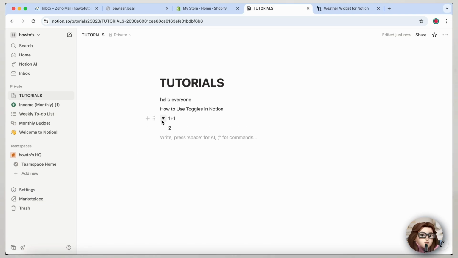You can use toggles for notes, study guides, checklists, or even quizzes. They help reduce clutter and let you focus on what matters most. And that's it. You now know how to use toggles in Notion to